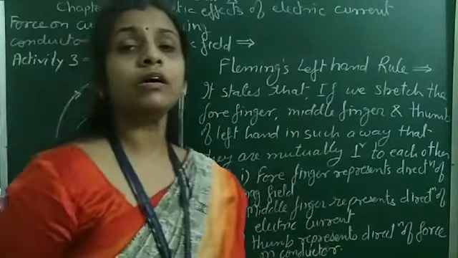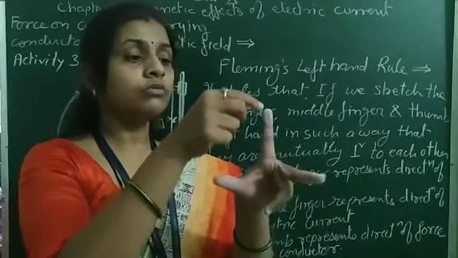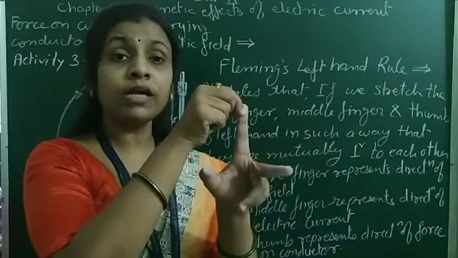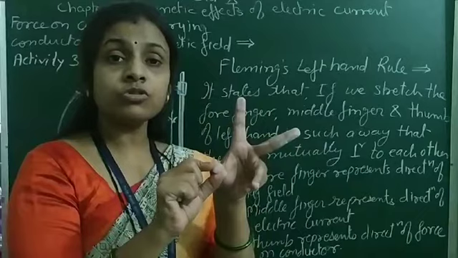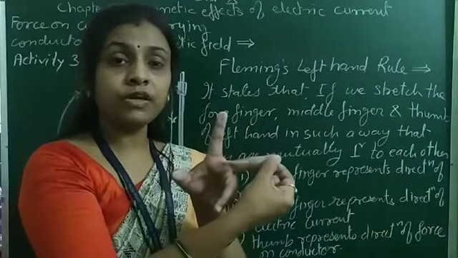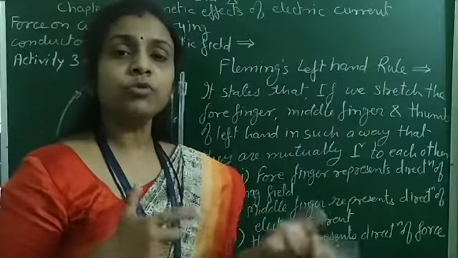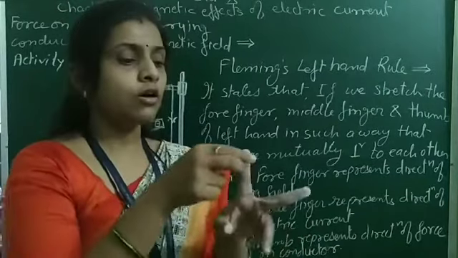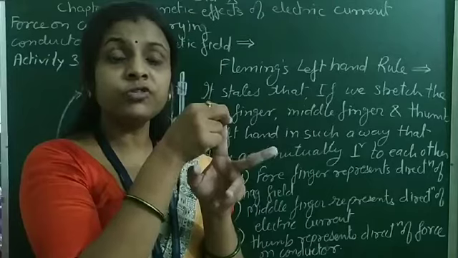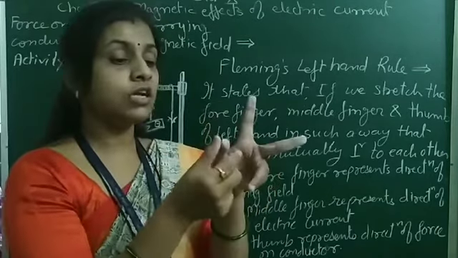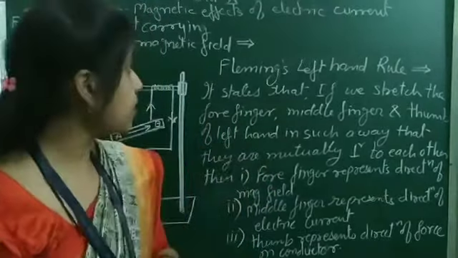So there may be a confusion. So how the forefinger represents current or magnetic field, or thumb represents force or electric current, or the middle finger represents magnetic field or current. So to remove this confusion, that is forefinger represents which direction, the middle finger represents which direction, and the thumb represents which direction. For that we can